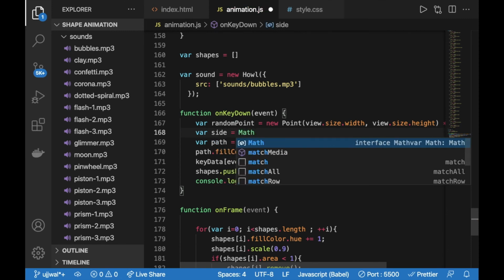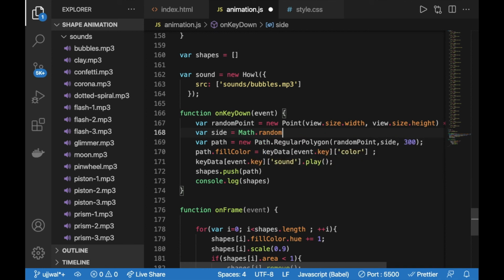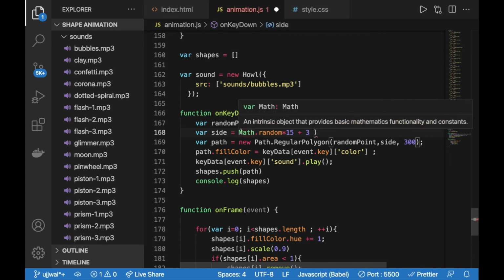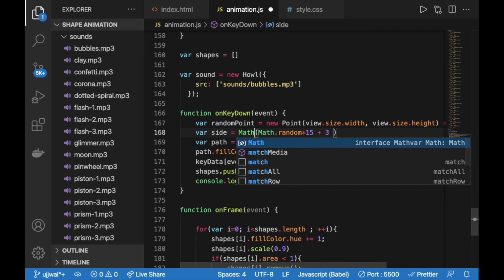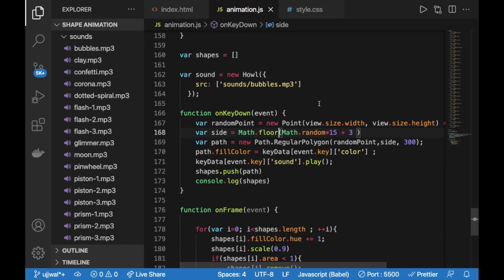Math.random multiplied by, I'm going for a maximum of 15 sides, plus 2. I'm going for plus 2 because if the number of sides is less than 3, things are not going to work, because there is no polygon with fewer than 3 sides. It should have at least 3 sides, sorry, it should be plus 3. And I'm going to floor it because it should not be a floating number. So Math.floor will convert it into a proper integer. If you give 1.5 as an input to the floor, it will return 1. So this is what floor is doing.